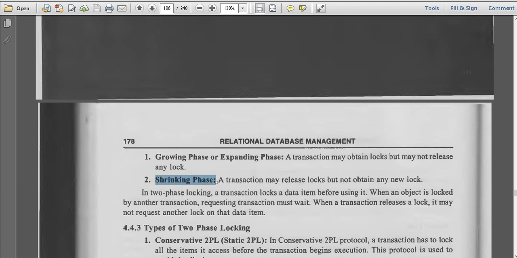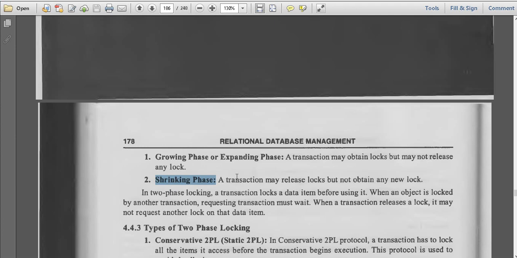What is the meaning of growing phase? It is increasing. Shrinking in the sense it is decreasing. Growing phase means a transaction may obtain locks but may not release any lock. So it continuously keeps locking, and we call that growing. Once you start unlocking the resources, that is called shrinking state.